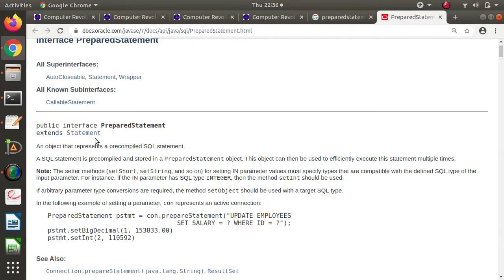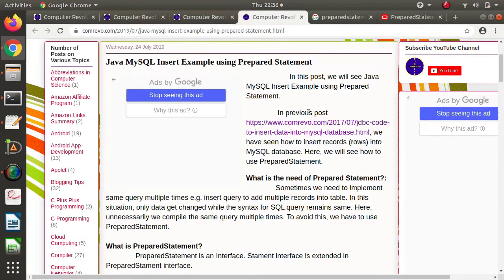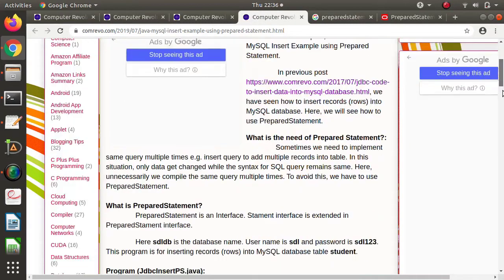That means the statement interface is a super interface of prepare statement, or in other words, the statement interface is extended in prepare statement. So in this video we will see how to use prepare statement.